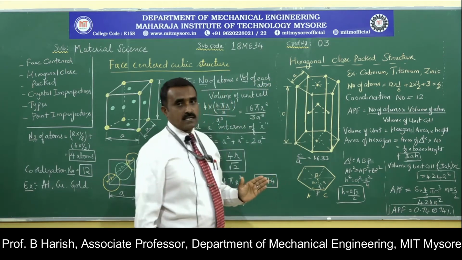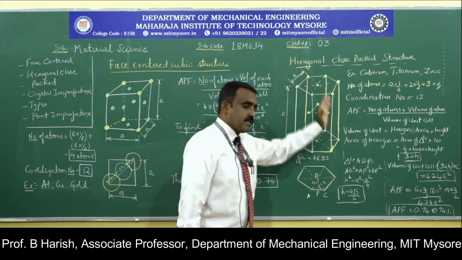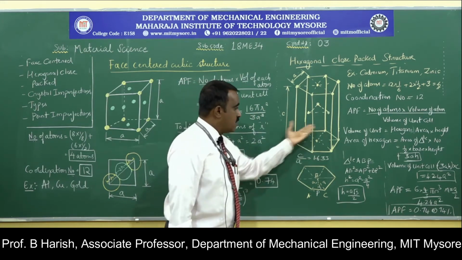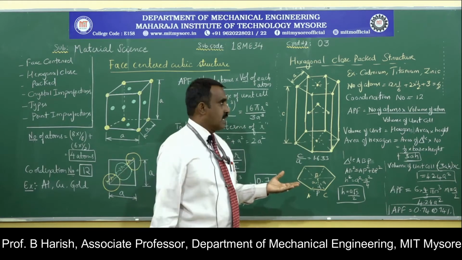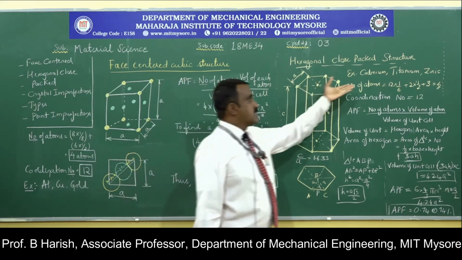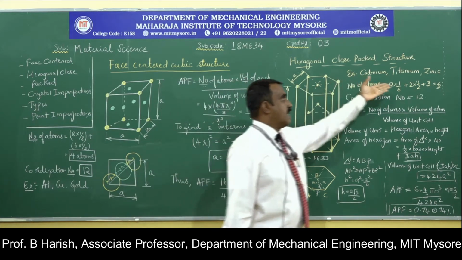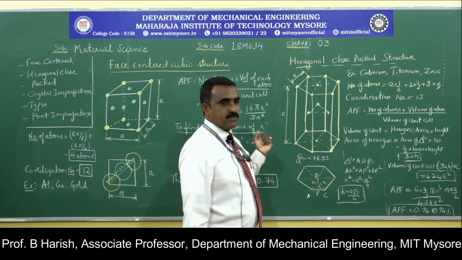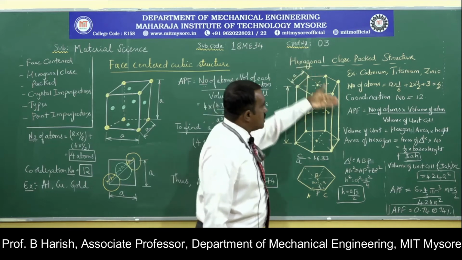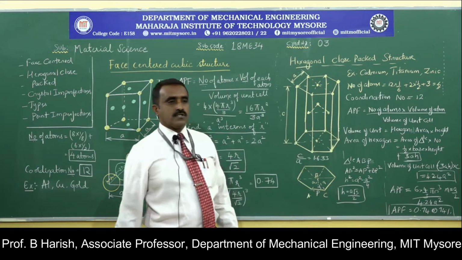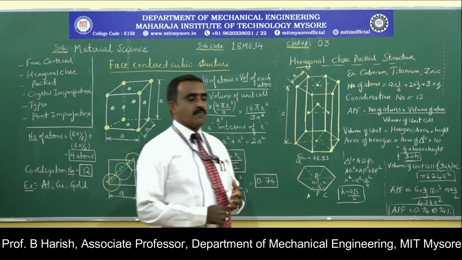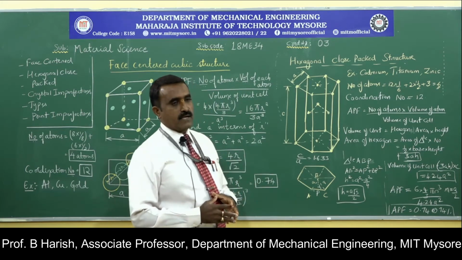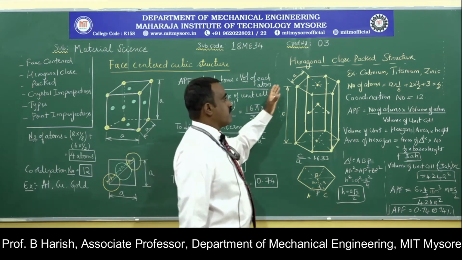One thing that is very important here is that it will be in the shape of a hexagonal prism, and the atomic arrangement will be different when compared with the other 3 types. If you look at examples, such as cadmium, titanium, and zinc, this type of crystal structure will be observed. Again in this hexagonal close packed structure, we will look at the number of atoms present in the unit cell, its coordination number, and atomic packing factor. Coming to the first one, that is the number of atoms.